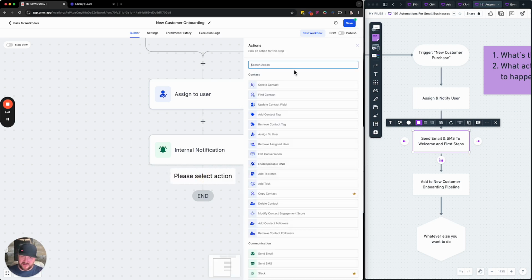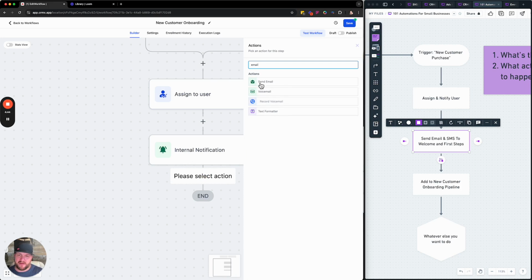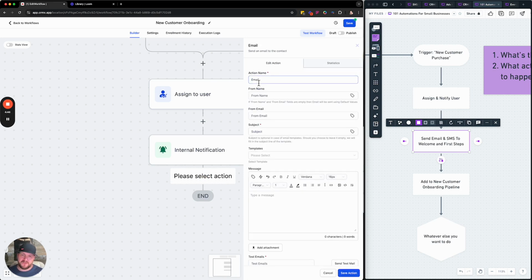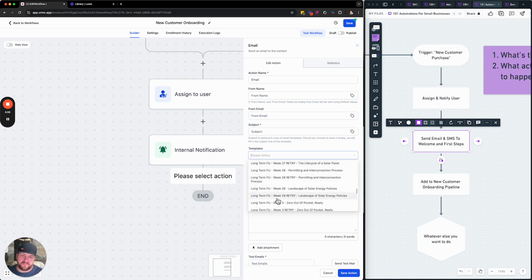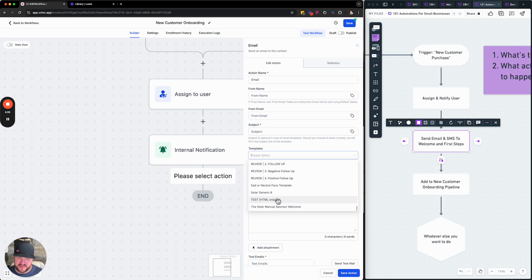So I'm not going to write the email right now, but you would want to write a cool email. Use ChatGPT or something AI inside of here to write your emails, make them look nice. You can make them branded using templates from here. Like these are pre-written templates for follow-up and different things, but let's just pretend this is one of the templates